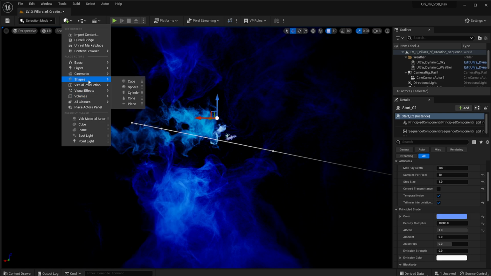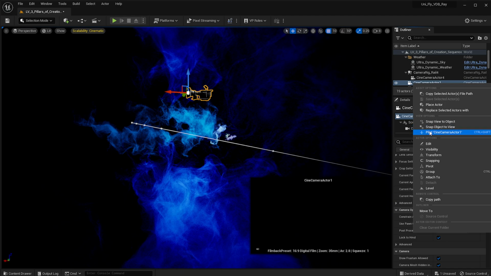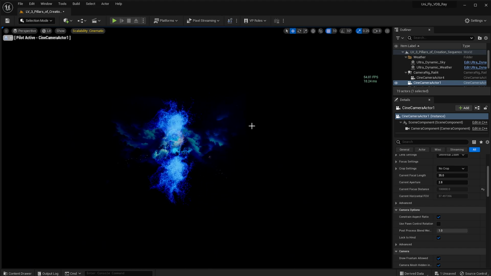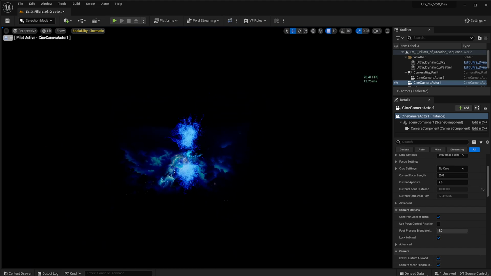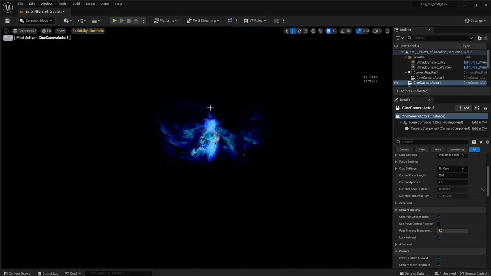So I'm just going to actually go in here, go to cinematics and add a camera. And then I'm able to pilot said camera, and I'll be able to move as further away as I want. So it really depends on what is my entry point. Do I want to have an entry point? Maybe something like that. I think the entry point has to be set in such a way that your point of view just shows that particular part there. So we're going there from a very far away distance. And then we can have a look at using a sequencer to save this camera and move over into that